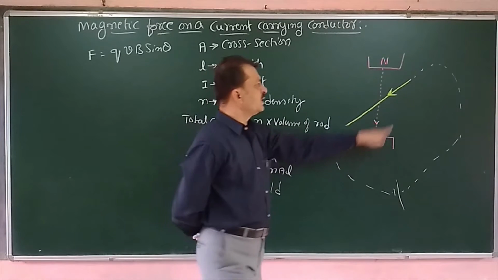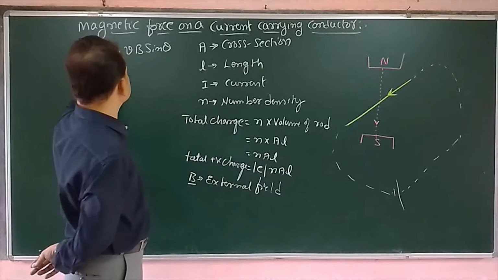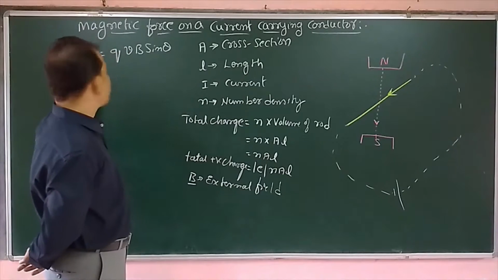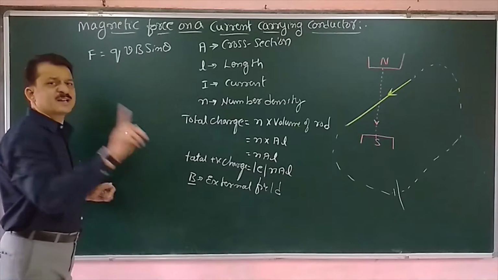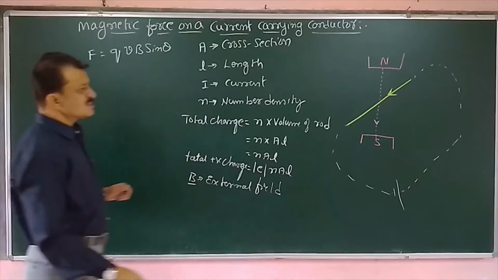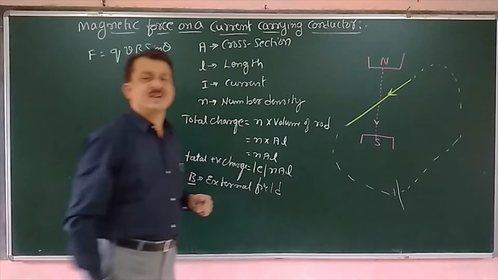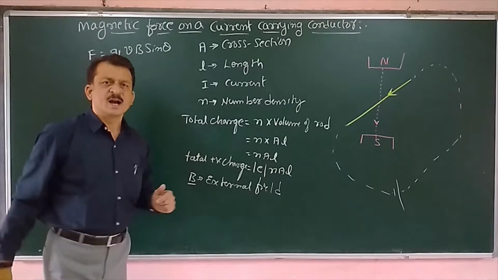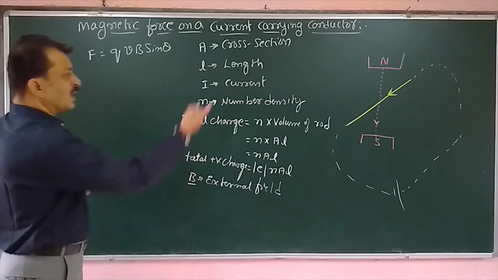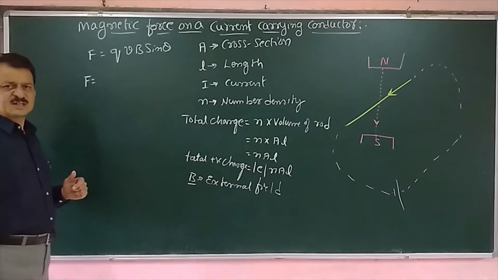In the presence of the field, these charges are moving and they experience a force, the magnetic force. Therefore, this is the magnetic force experienced by a single charge. Then what is the magnetic force experienced by the entire charges moving in a conductor? All the charges are moving in the conductor, so how much force do they all experience? So that is equal to